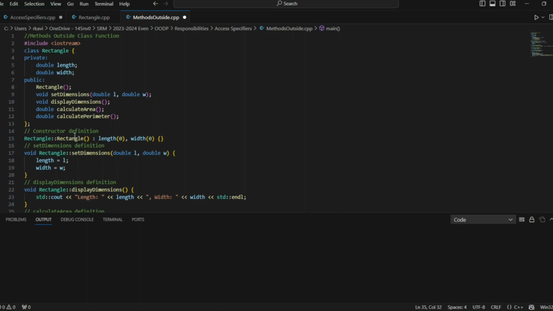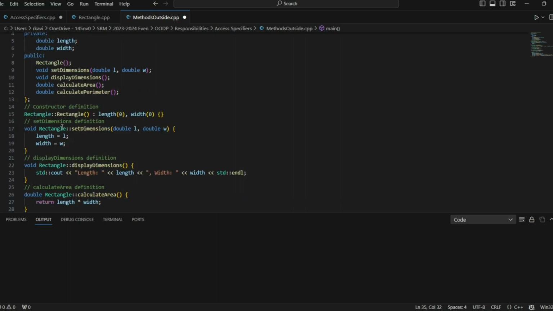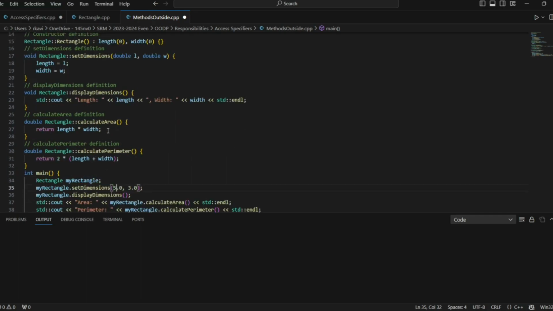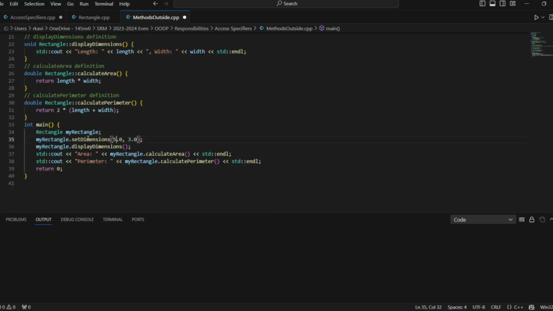Next is the constructor definition. Rectangle::Rectangle with length 0 and width 0. It initializes the length and width to 0 when the Rectangle object is created. And these are all the member function definitions to calculate, display and set the dimensions for the rectangle. And the main function creates an instance of the Rectangle class named myRectangle. So it calls setDimensions, displayDimensions, calculateArea and calculatePerimeter to set, display and compute the dimensions of the rectangle. And